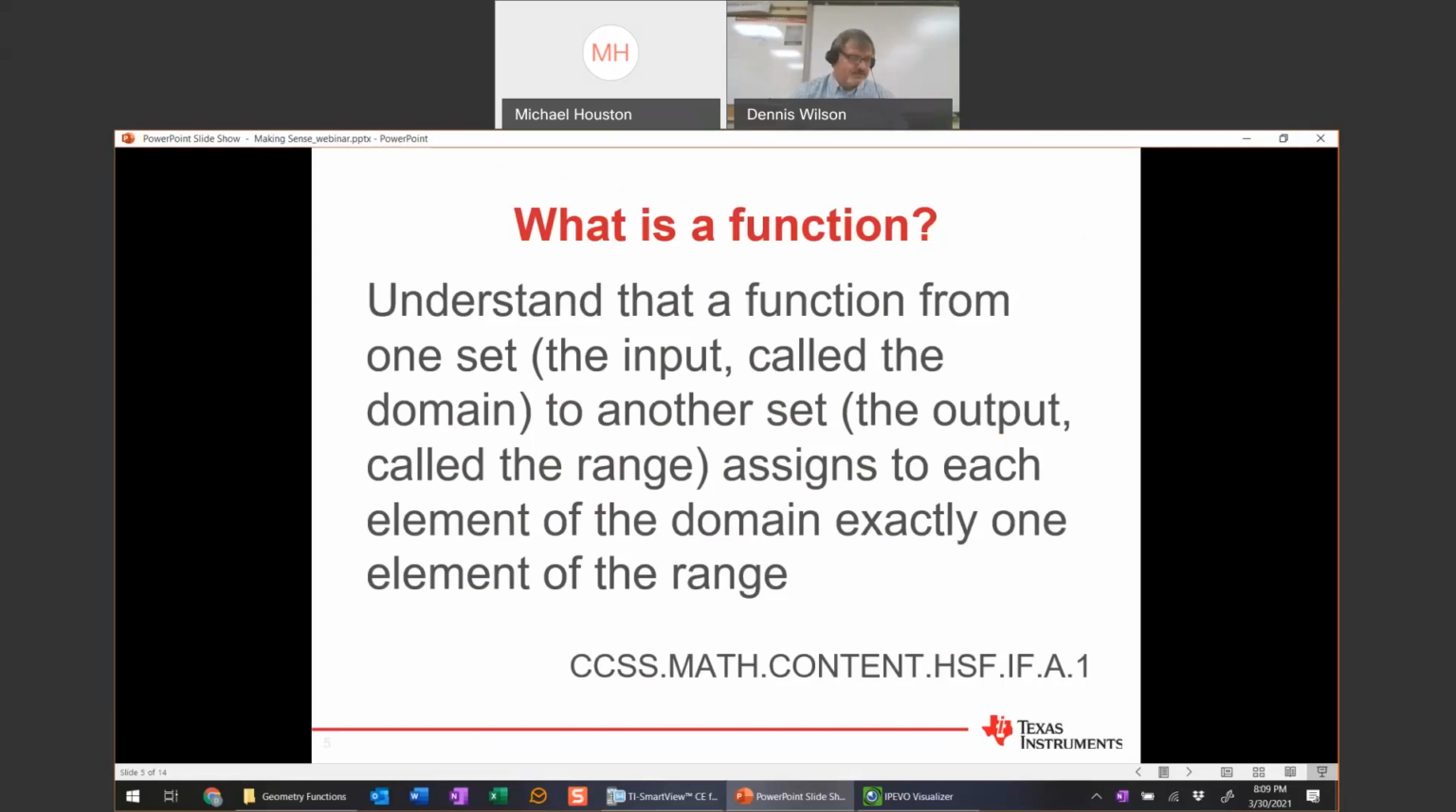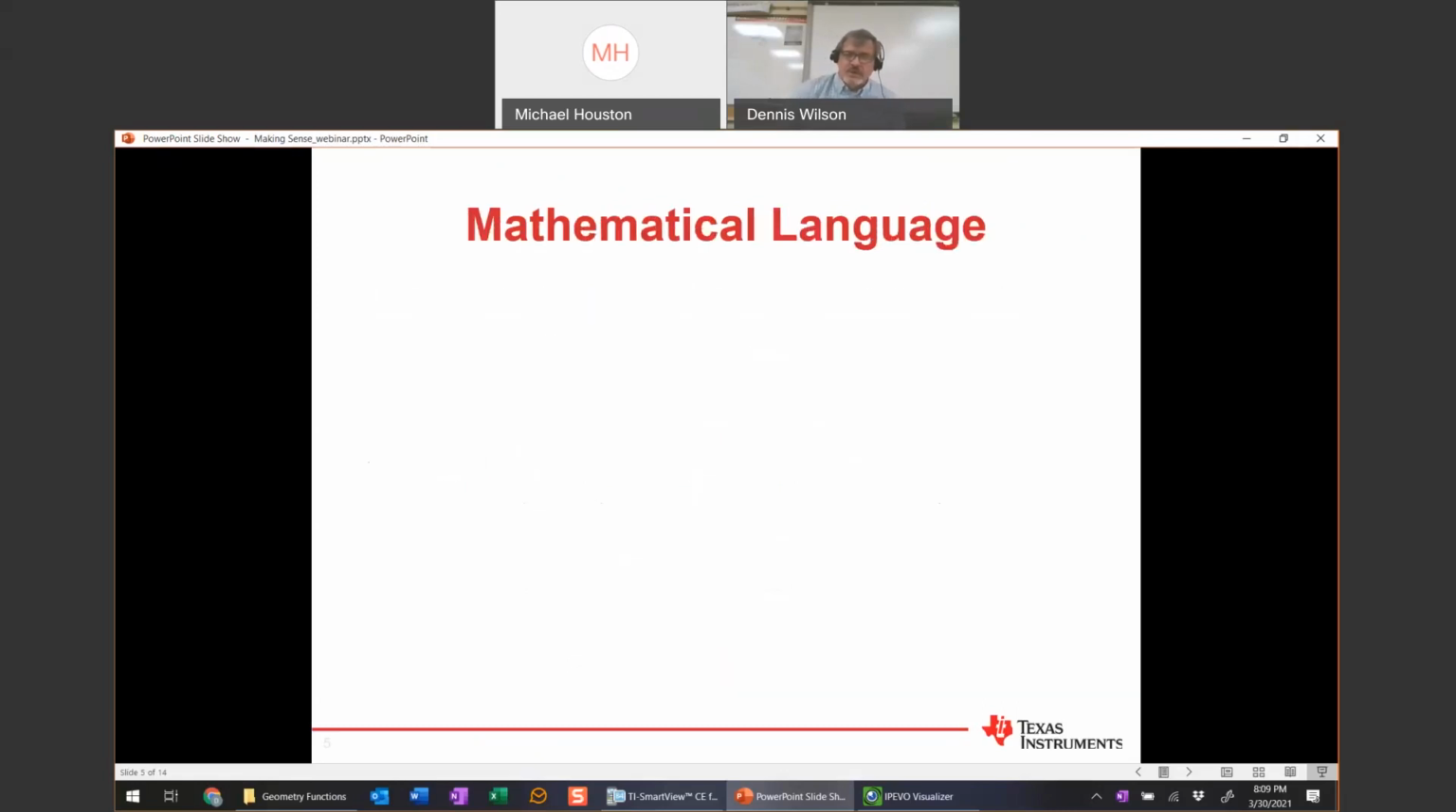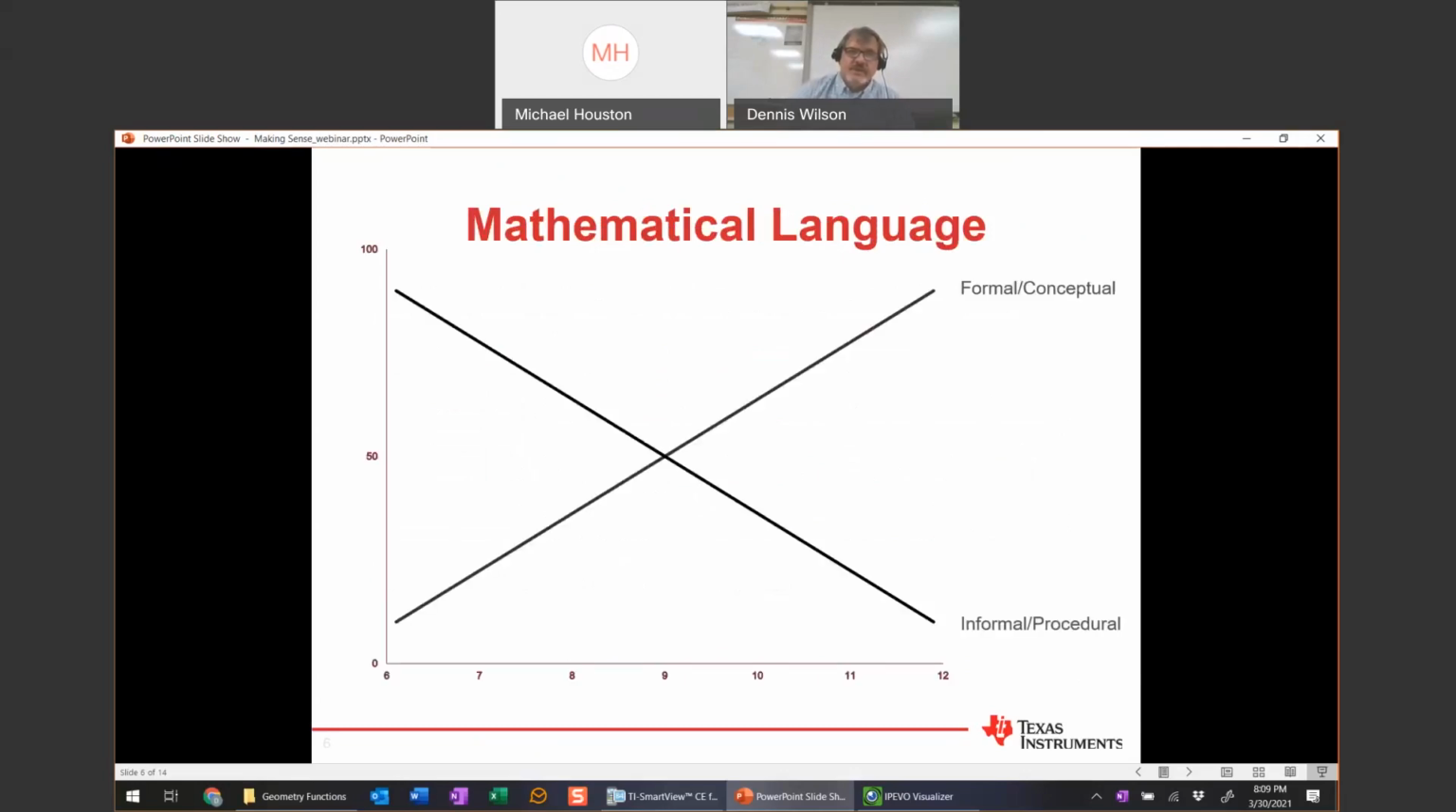So what I want to talk about before we start is this idea of language. How do we get the students to use the correct language, and how do we move them forward? This is a graph that I like to use with my department. My department at my school goes from 6th to 12th grade, and this is how I want them to think about the language that they and their students use